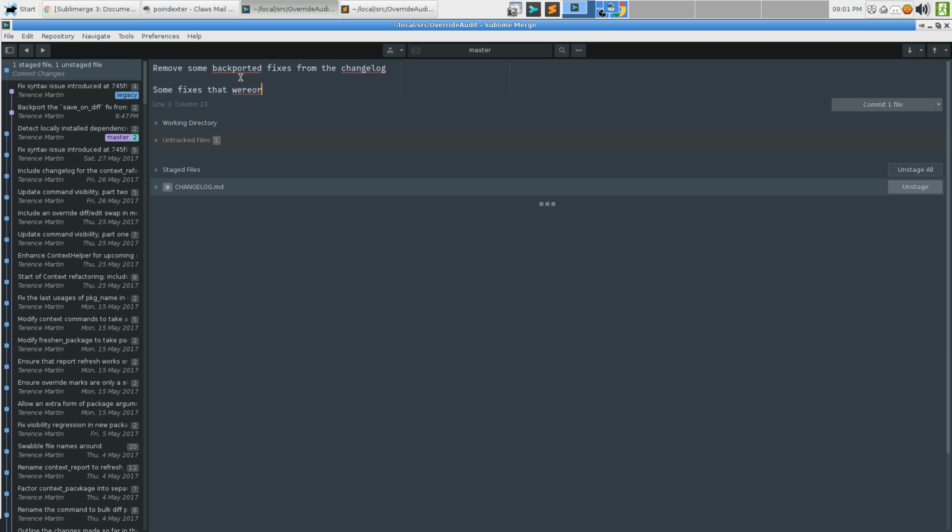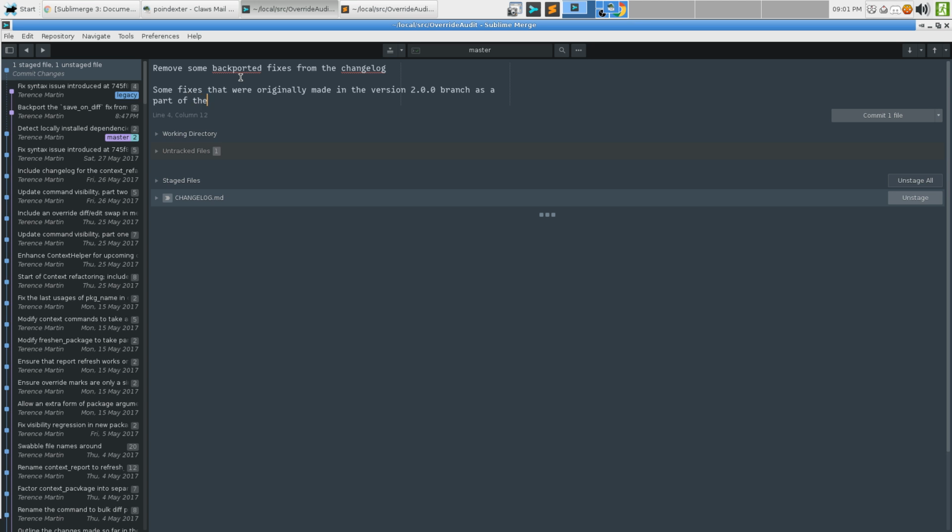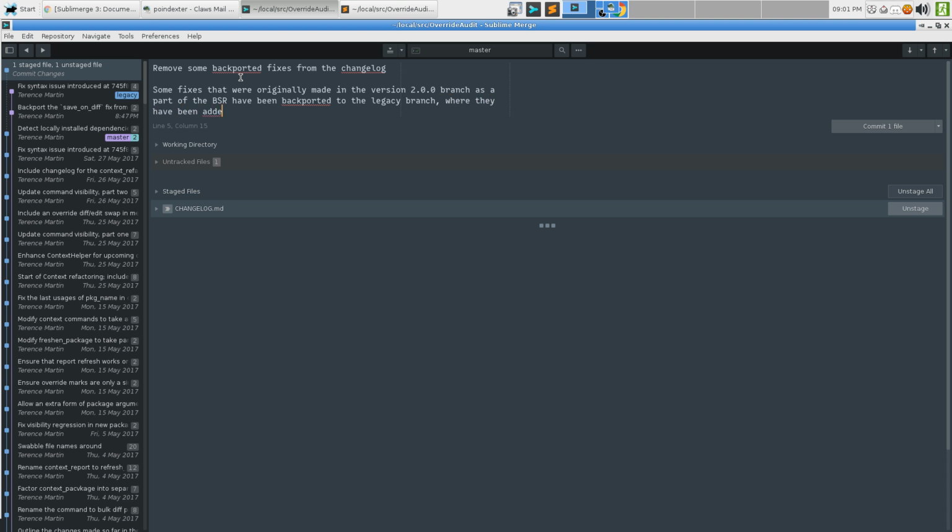Some fixes that were originally made in the version 2.0.0 branch as a part of the BSR have been backported to the legacy branch where they have been added to the changelog and